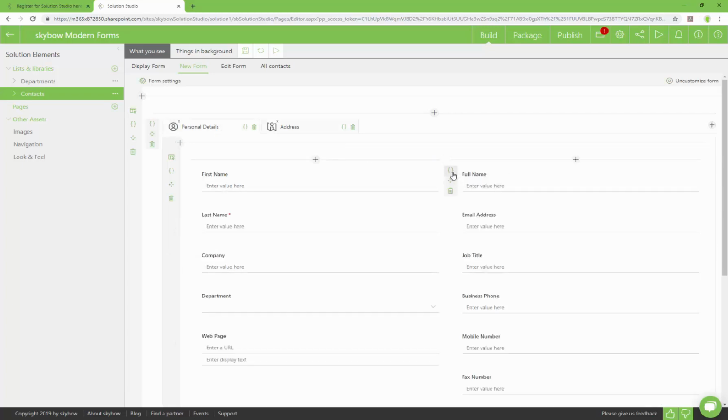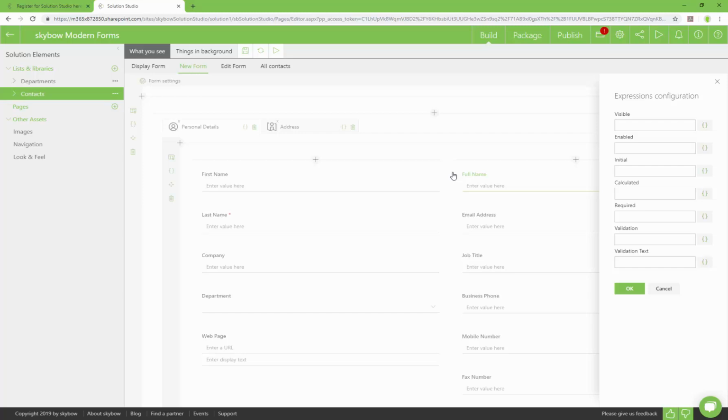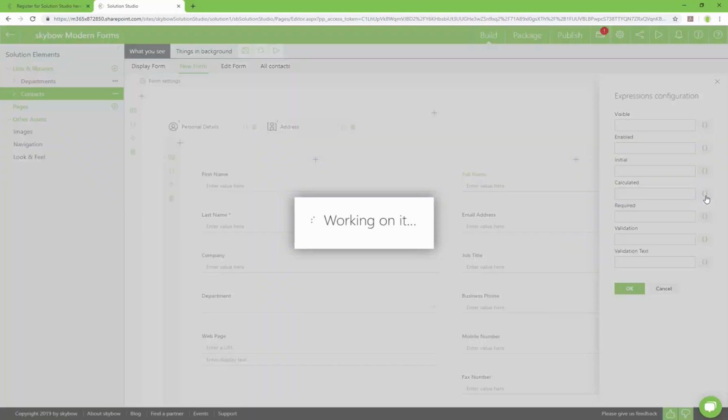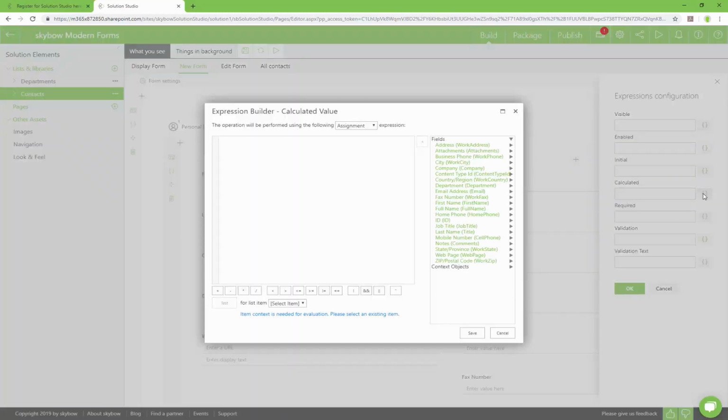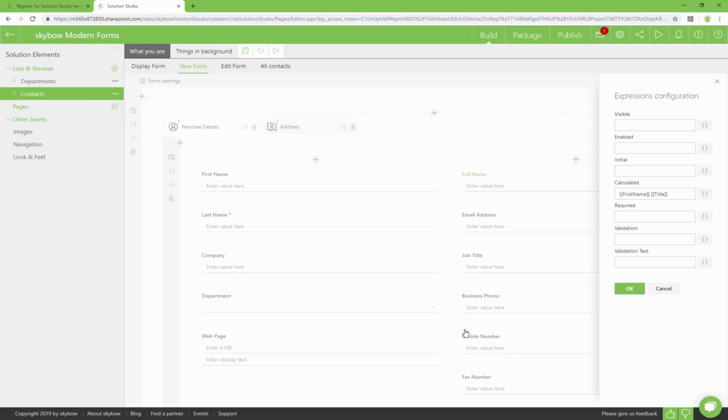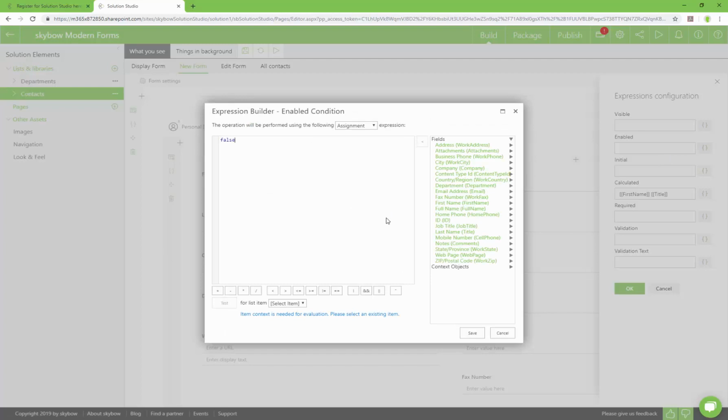Clicking on the curly bracket under every control, you can add business logic to these controls. We will set the full name to be calculated by the first and the last name, and set it to be disabled using the Enabled field.